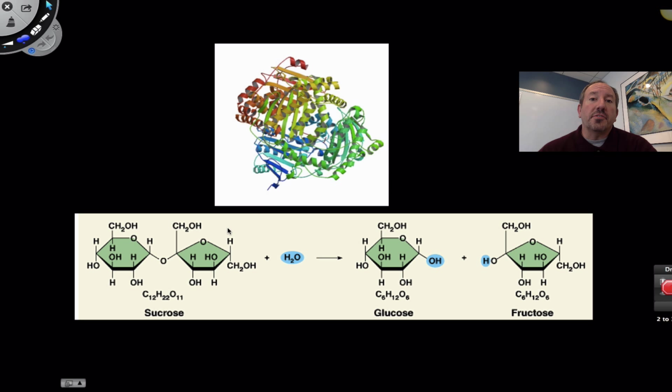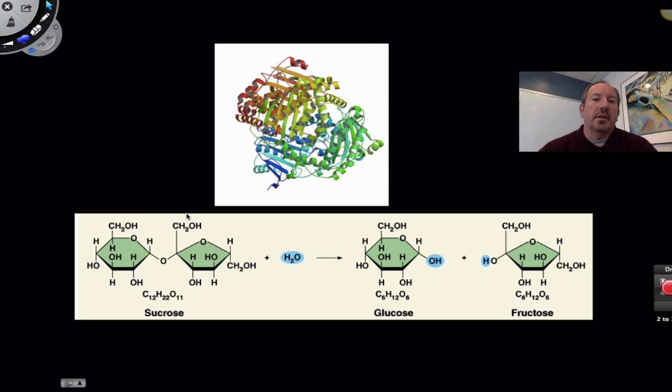Now, this is a spontaneous reaction, meaning that it has a negative delta H and a positive delta S. So it's a release of Gibbs free energy, negative delta G. All that being said, though it's spontaneous and likely to occur, it still requires a little bit of help. And so an enzyme can provide the catalyst.